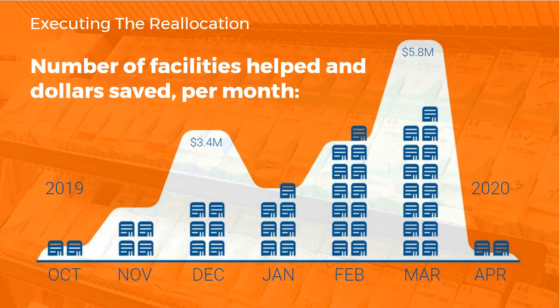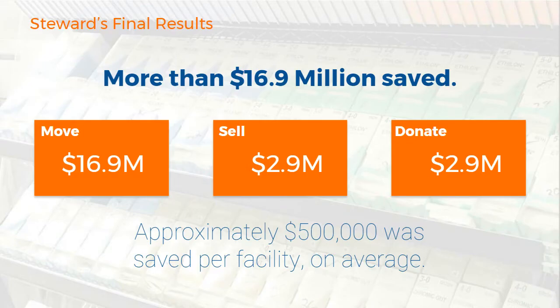Now, as Michael mentioned, as we moved through the facilities, we gained steam, and we also improved our process, and more and more folks across various Steward departments got involved, and that really helped to push the result higher and higher. And so we would do the scouting reports, submit those back to the corporate supply chain team. The regional supply chain VPs would sign off, Michael would sign off, and even the regional CFOs would sign off to make sure that their local facilities were actively participating in the process and reviewing their products in a way that was contributing to the goal we all sought. And so that really resulted in a very positive outcome. So out of the $24 million that we initially identified, Michael, can you share with the team the ultimate results that we